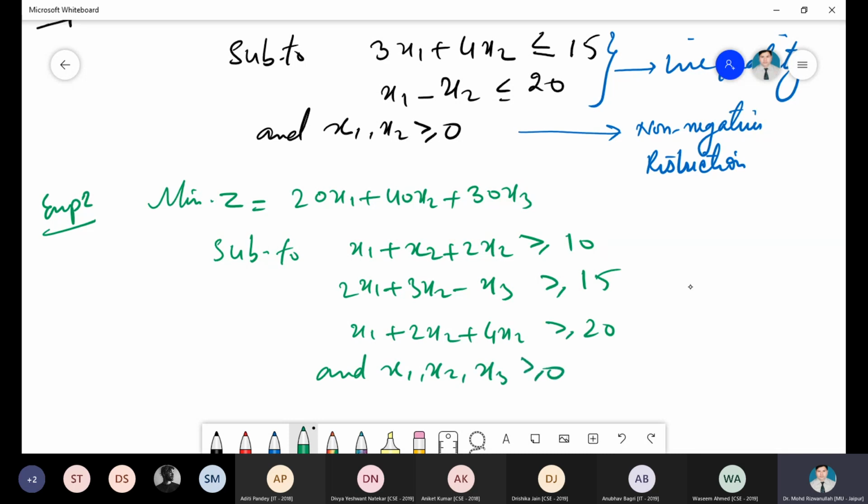Now see, again it is a linear programming problem, and this is again a